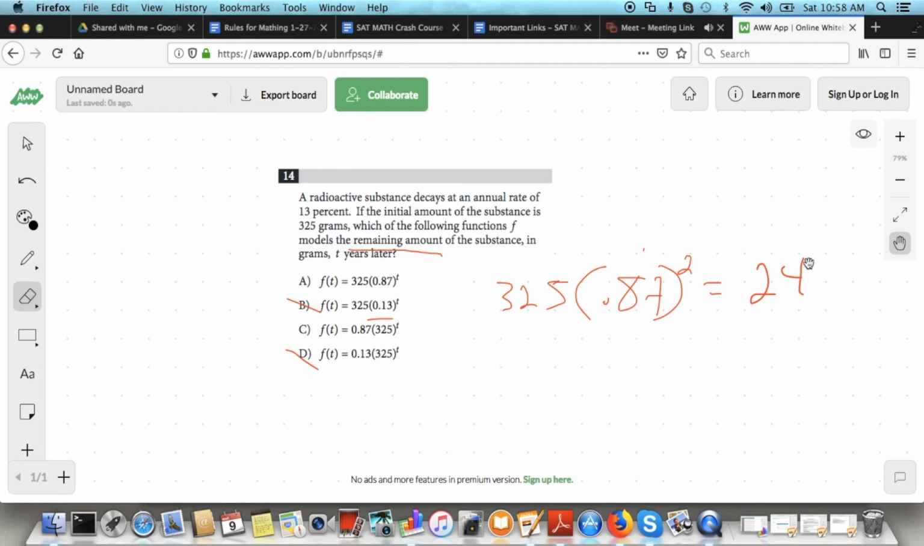245.9. Does that seem like a 13% decrease after 2 years? Does that sound reasonable? Yeah, it sounds reasonable. Let's plug that 2 in for T in answer choice C. Sorry. So 0.87